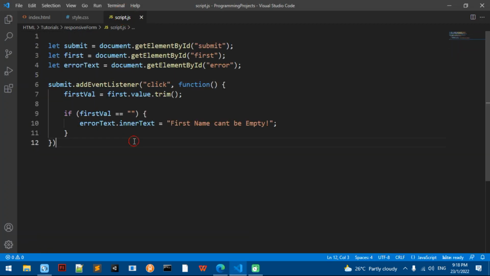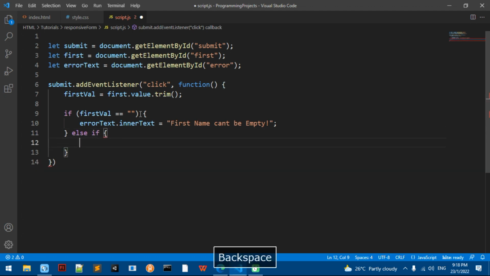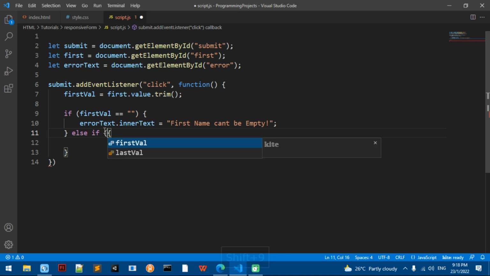So anyways, I'm going to do else. So else means if that doesn't happen. And there's also else if, which is just another if statement. So else if